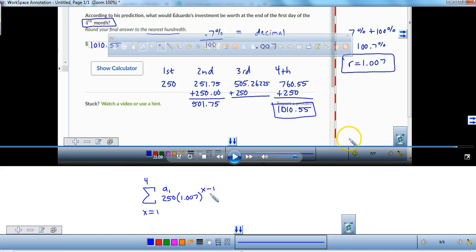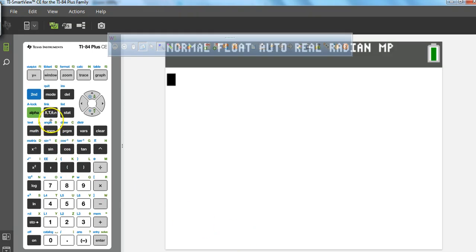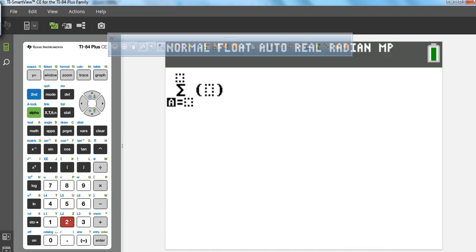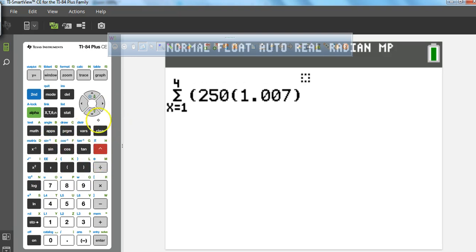And we're going to raise that to the power of x minus 1. We can use the calculator to do that. We're going to type it in: alpha window, number 2, x, 1, 4, put your A1 value. I'm going to put parentheses, 1.007, and I'm going to raise that. I'm going to hit the right arrow. I'm going to raise that to the power of,